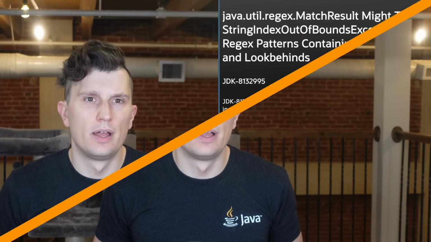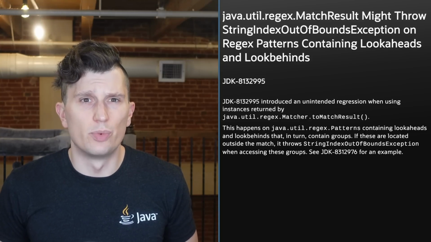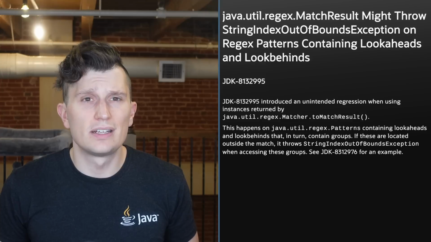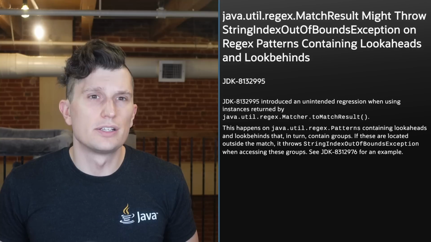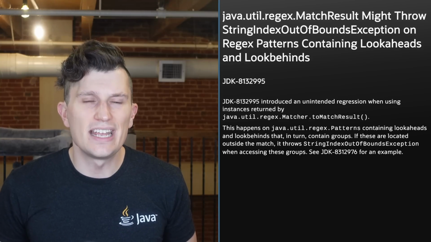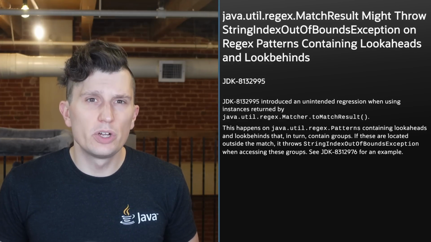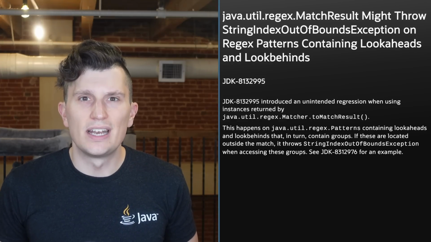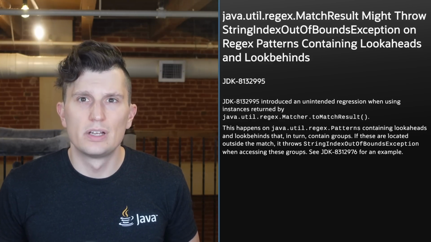There are a few known issues that are part of JDK 21. This section provides information and, if applicable, workarounds to these known issues. JDK-8132995 introduced an unintended regression when using instances returned by java.util.regex Matcher.match. This happens on java.util.regex patterns containing lookaheads and lookbehinds that in turn contain groups. If these are located outside of the match, it results in a StringIndexOutOfBoundsException when accessing these groups. See